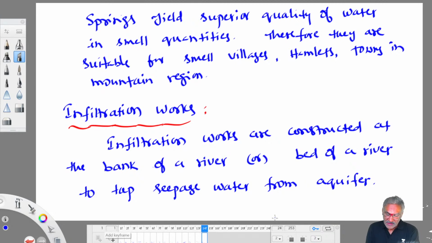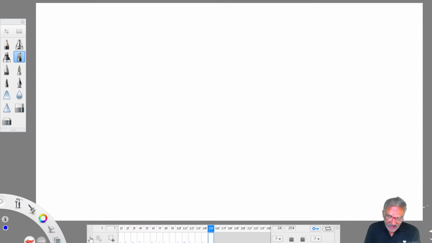Normally aquifer means sandy strata, sandy soil. You will find so much sandy strata is there. That sandy strata acts as a natural purifier, so it purifies the water. If you collect purified water, then you will get extraordinary quality water. Straight away can supply to the public. No treatment is required. That's how they can cut down the purification cost, treatment cost. But initially you have to construct infiltration works. Okay. So there are two types of infiltration works.